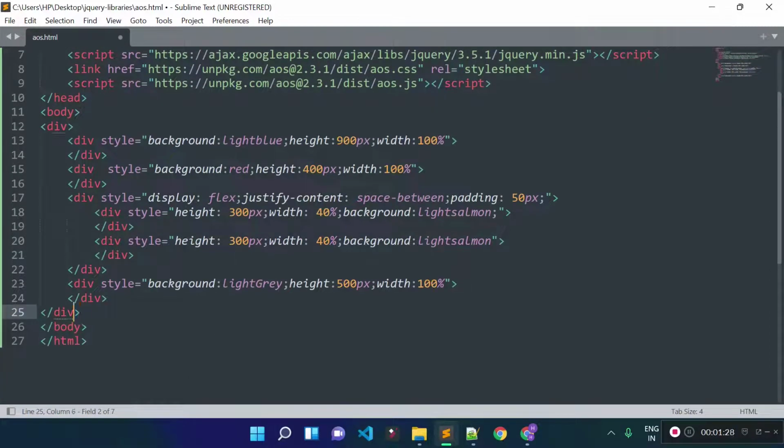So inside this div I have one div of style background color light blue and height of 900 pixel and width of 100%. I have another div here of style background color red and height of 400 pixel, width of 100 pixel, and I have this div with style display flex and justify content space between with padding 50 pixel,